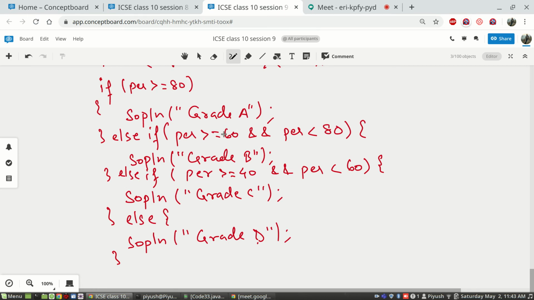Then we check is it greater than equal to 40 and less than 60. If it matches, it will print grade C. If none of the cases match, then percentage is definitely below 40. Waterfall model, remember, flowing from top to bottom. Then of course you print D.